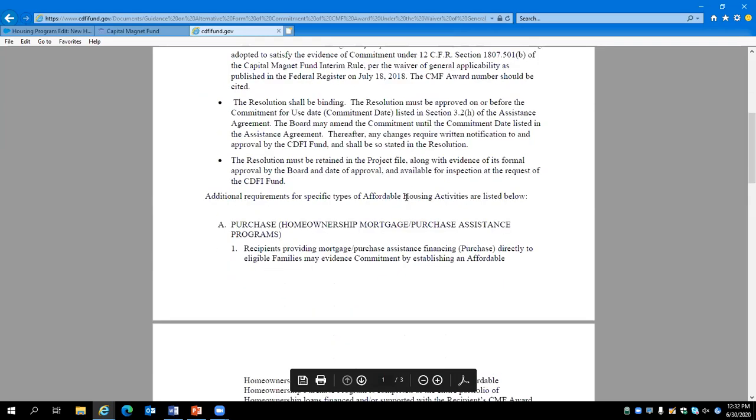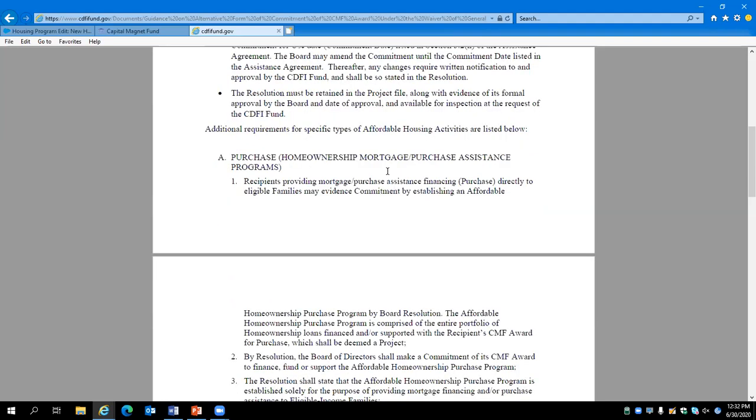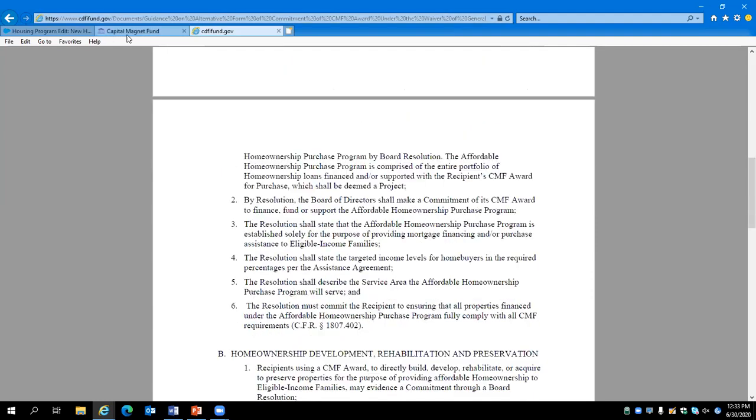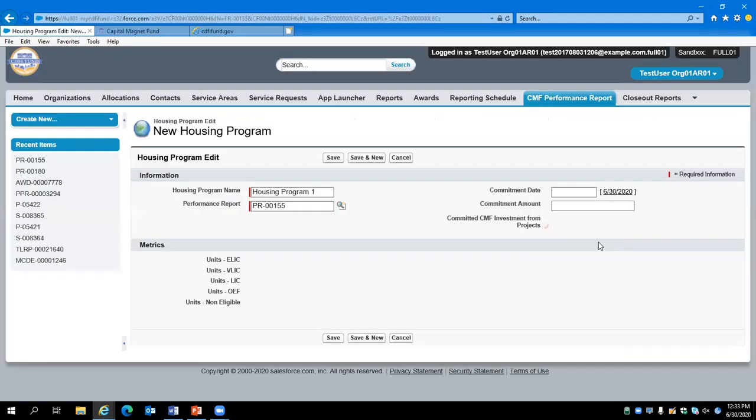So if you are pursuing a strategy in which you are funding a homeownership program, then it may be necessary for you to report a commitment date and amount here at the housing program level rather than to specific projects. If you have more questions about that, please do reach out to the CDFI Fund for additional